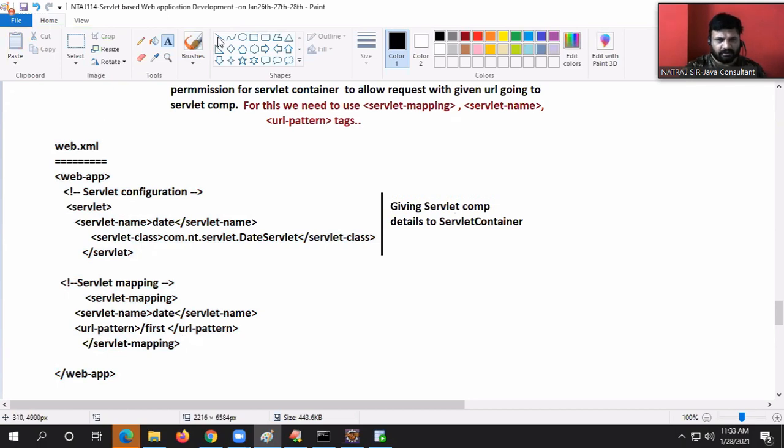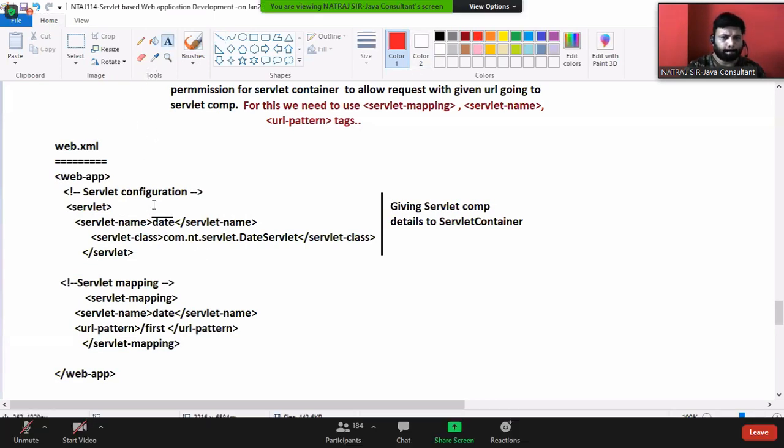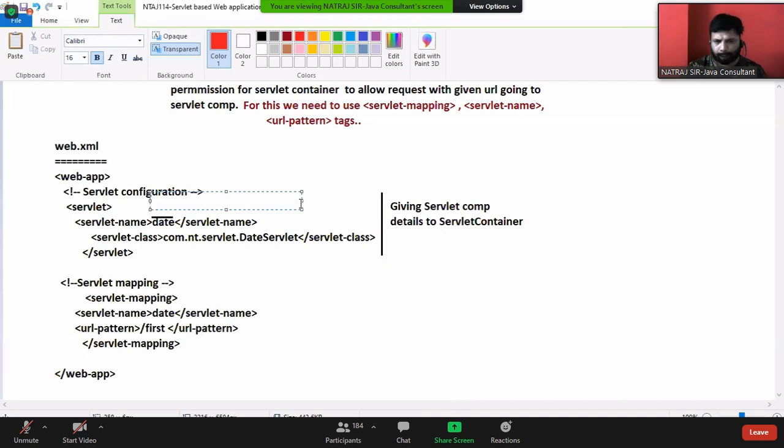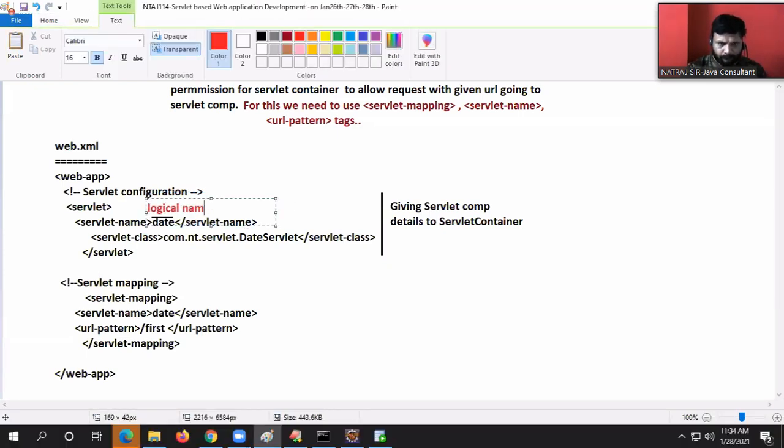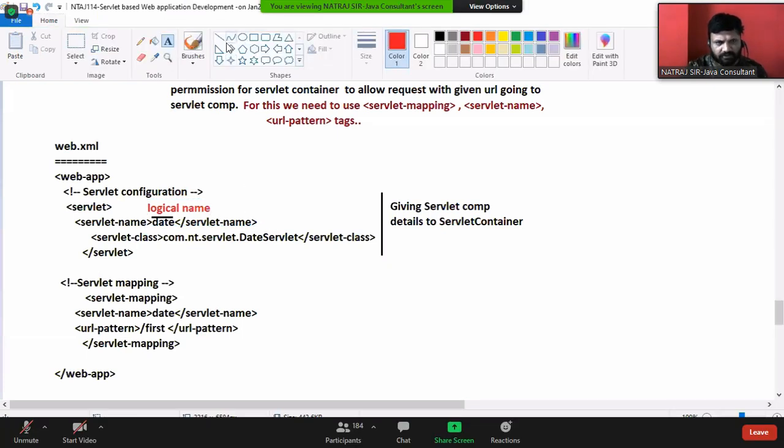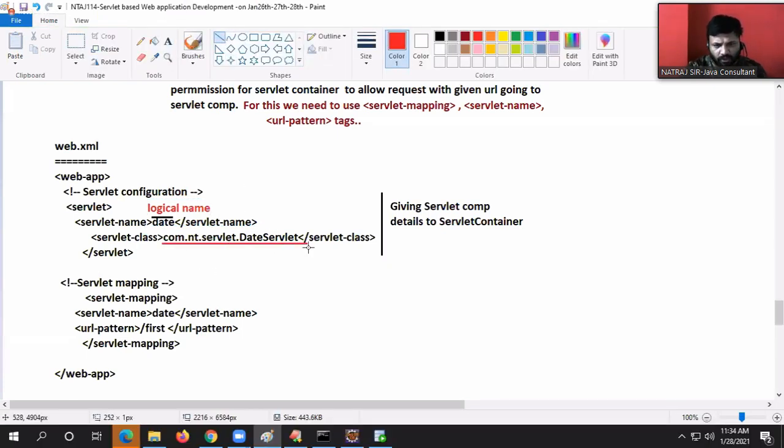Okay, guys, this is the logical name. This is the fully qualified servlet component class name.